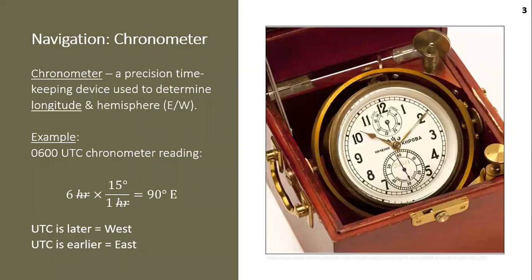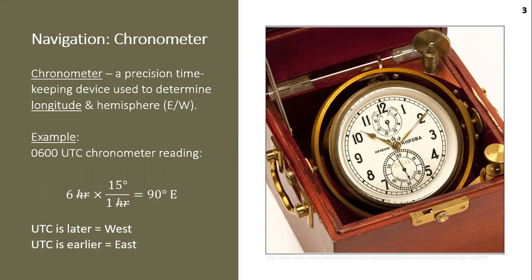The chronometer. The chronometer is a precision timekeeping device used to determine longitude and the hemispheres of either the east or the west. Specifically, one's position in longitude is calculated from the time difference between your current time, taken at local noon, and the chronometer's UTC time. Because the Earth rotates eastward at a rate of 15 degrees of longitude per hour, we can use this ratio